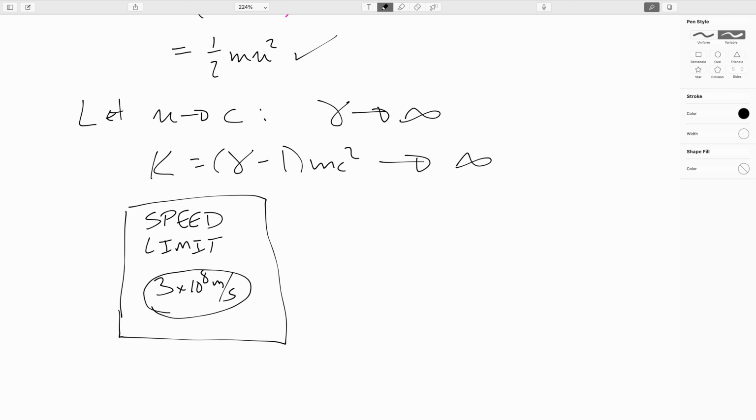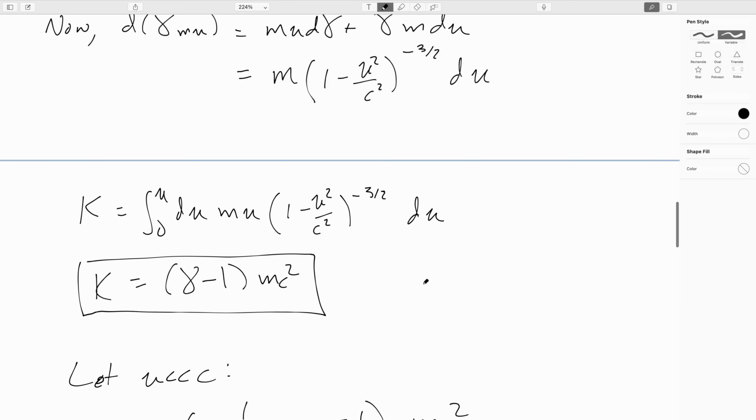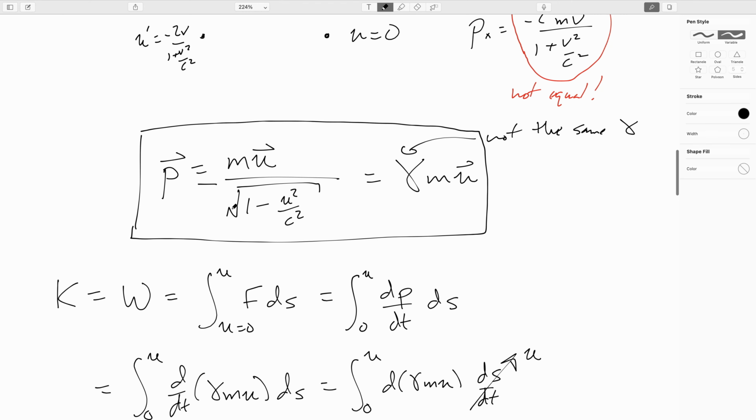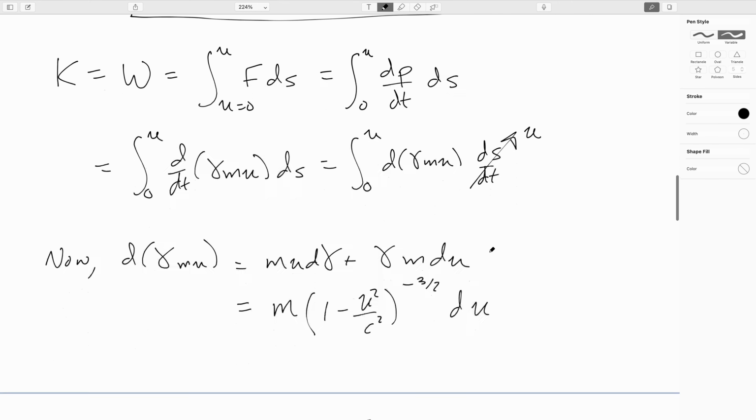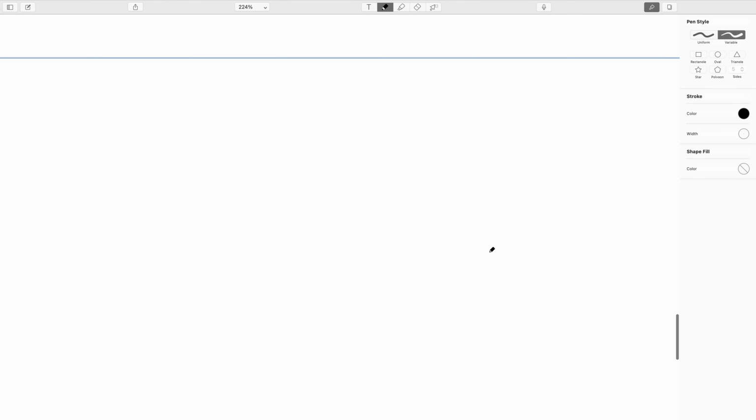Now, getting back to the business with invariants and such, momentum needs to obey the Lorentz transformation. So part of what I didn't mention so far is that yes, we had to redefine momentum like this. But it turns out that in order to get the Lorentz transformation to work,